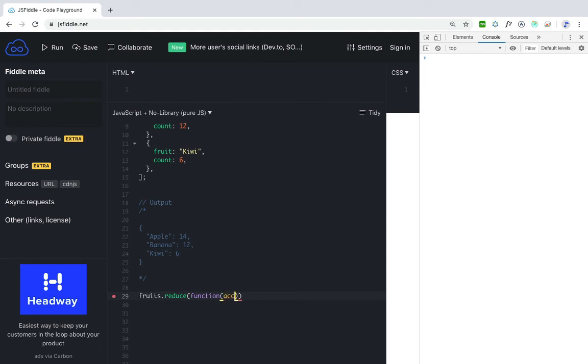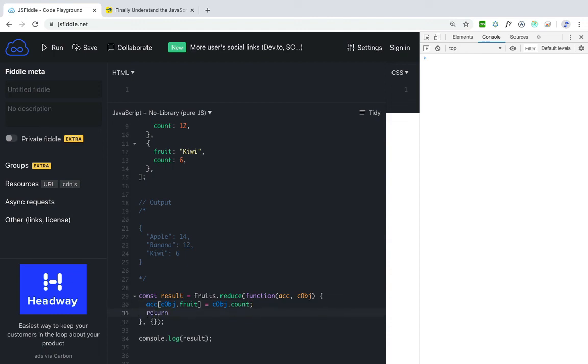It takes the accumulator, and the other variable is the current object, let's call it cobj. The initial value of the accumulator will be an empty object right now. Let's store in the accumulator, with the current object's key, that is fruit, equal to current object.count, and return the accumulator.